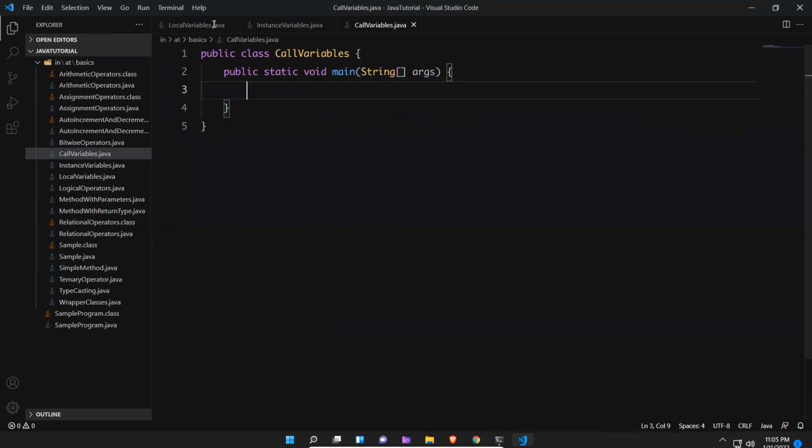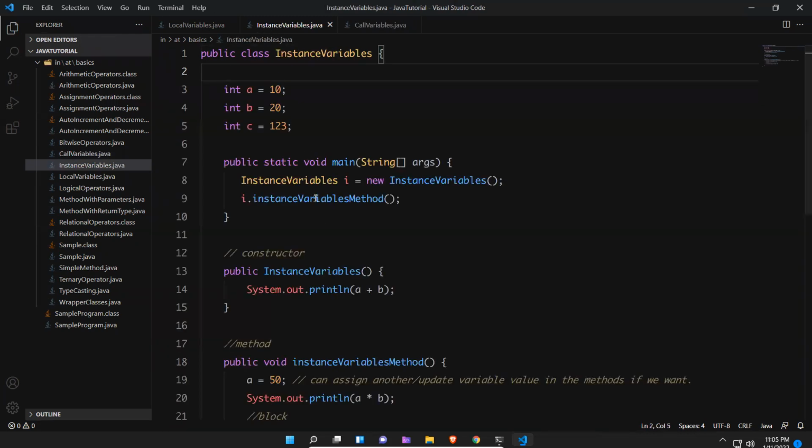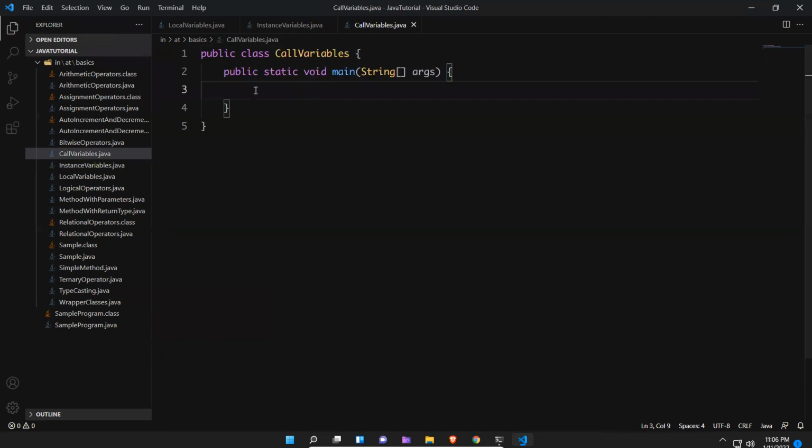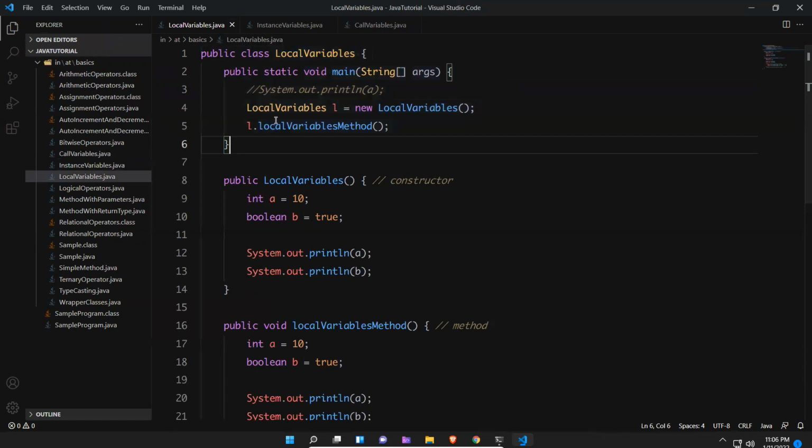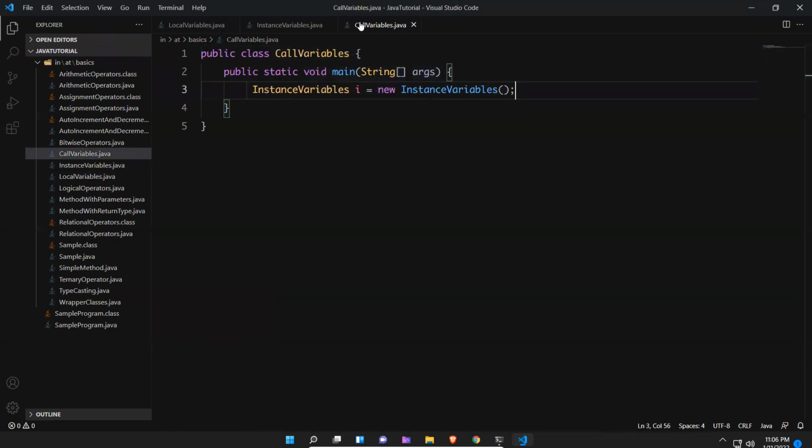If I want to call anything, I need to create the object. Inside the same class as well, you need to create an object. This is outside the class, so how will we know which class and which method? You create an instance of that class and then use I dot.